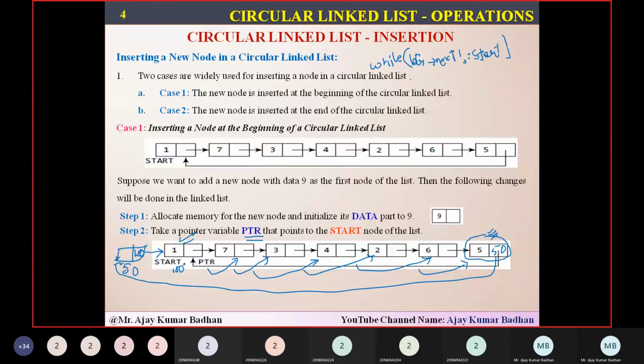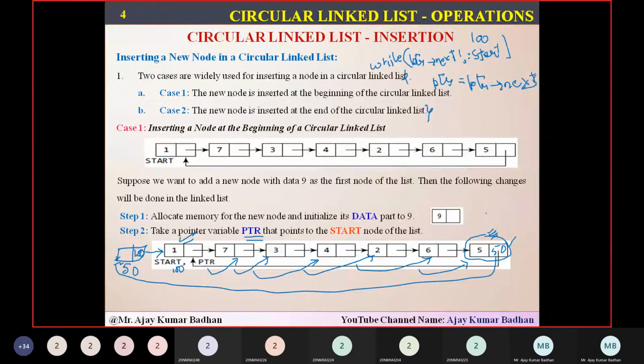When you know that the next node is pointing to the first node, and that we can know with the help of the address, you have reached the last node. So start consists of the address. While pointer next is not equal to 100, you keep on incrementing: pointer equal to pointer next. This is the code we are actually using for traversing.